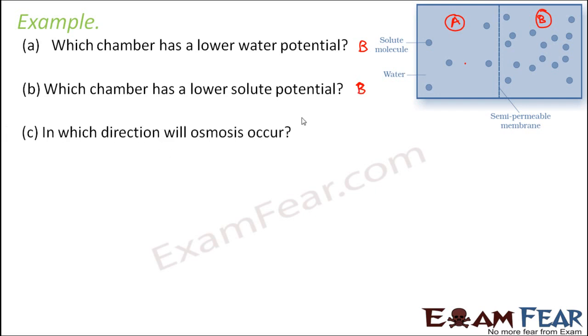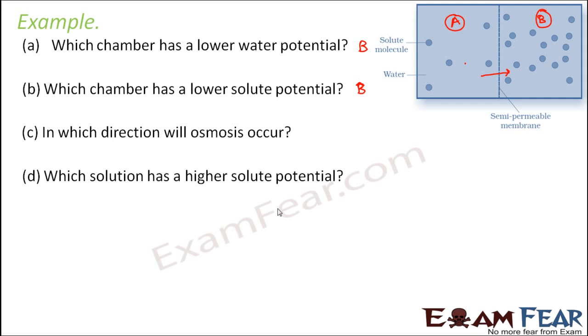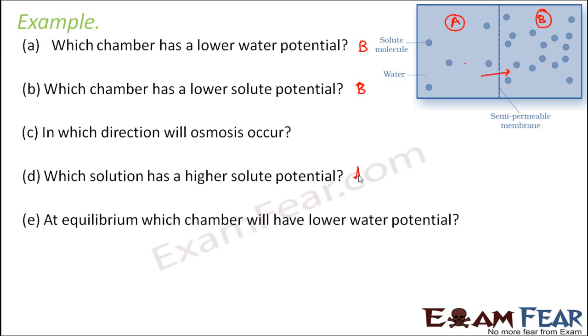In which direction will osmosis occur? Water will move from region of higher potential towards region of lower potential. So this would be the direction of osmosis. Which solution has a higher solute potential? Obviously when B has a lower solute potential, A will have a higher solute potential. At equilibrium,